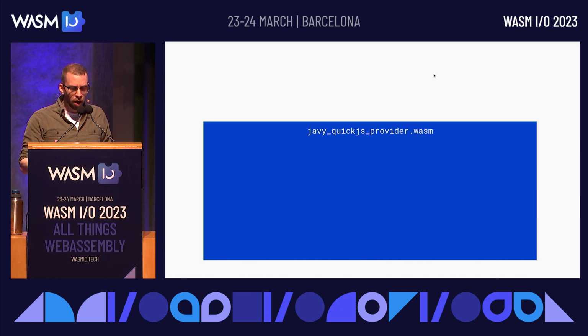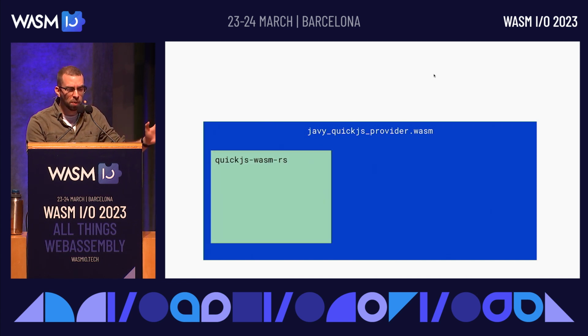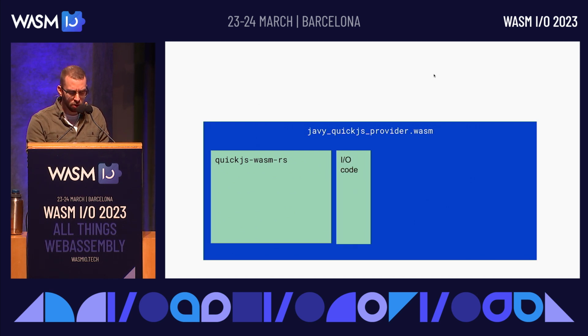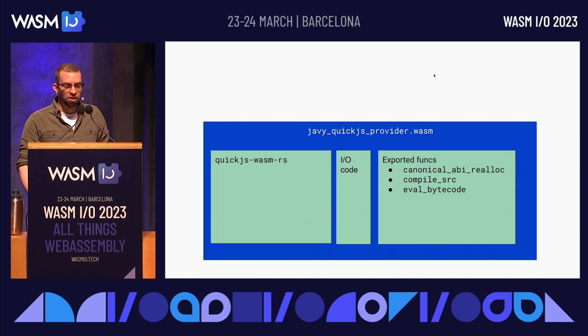So again, that provider library looks very similar to the Javy core piece. We have that Quickjs Wasm RS piece with, again, Quickjs embedded inside of it. We have very similar I/O code. But our exported functions are different in this case, because again, this is that WebAssembly library piece I was mentioning earlier. So we have the first method, the canonical ABI realloc method. This is part of the component model. It's used for basically having one instance manage memory inside of another instance. So this is how we're able to move things between modules and have it be somewhat coordinated in a standard way. And then we have that compile source method that